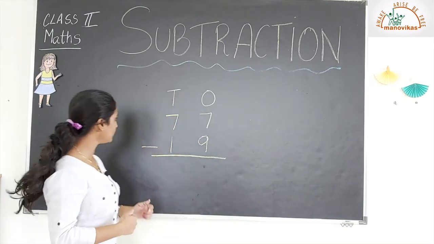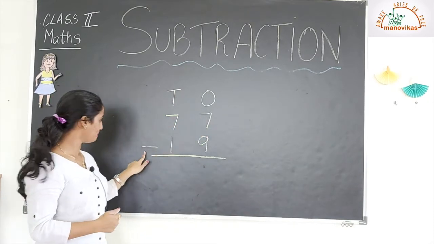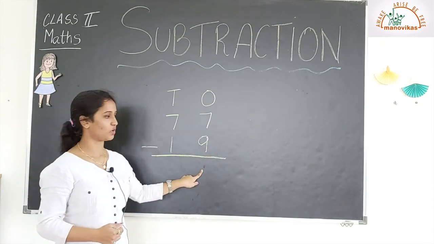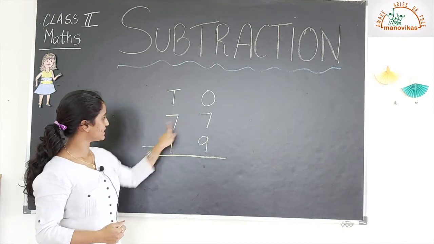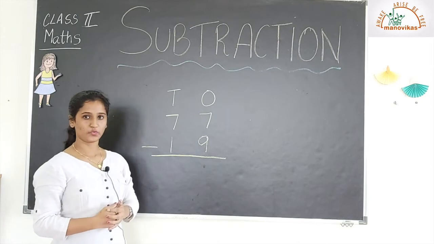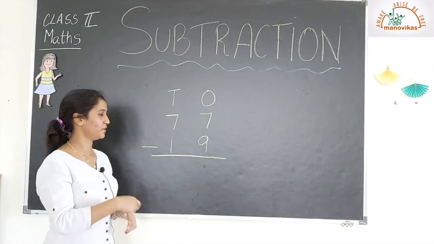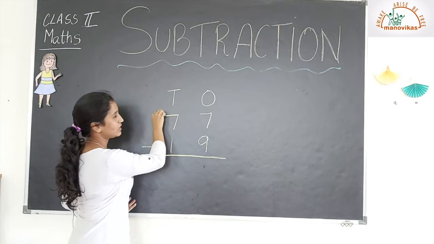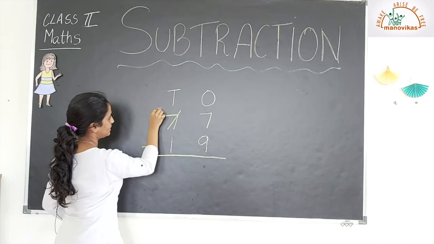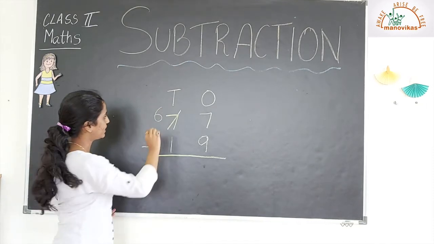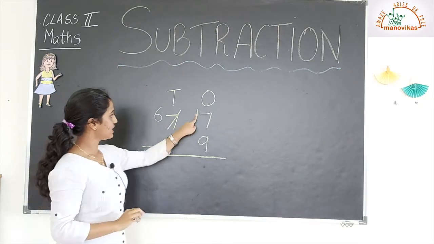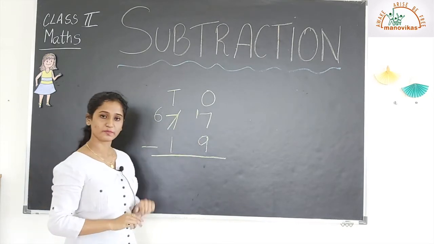We have the next one, 77 minus 19. Okay, so we begin with the ones column. So the ones column is 7 minus 9. Now can you take 9 from 7? No. So now we use the borrowing method. So it goes to the tens column. We go to the tens column, cancel 7, replace it with 6. Okay, 1 will go against 7. Correct. Now it is possible to take away 9 from 17.